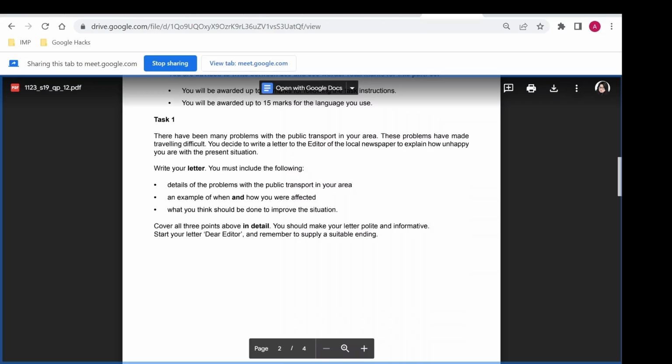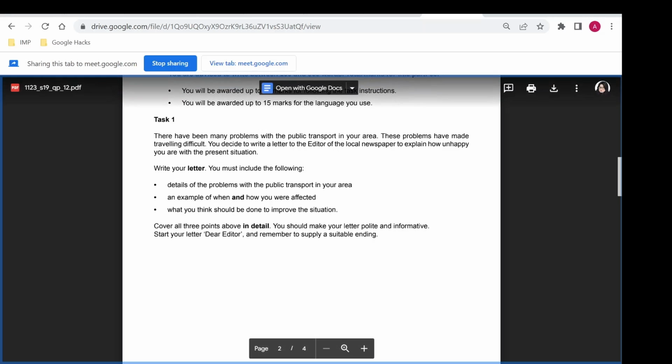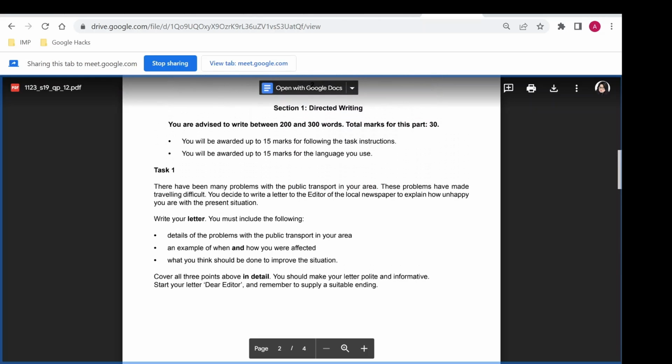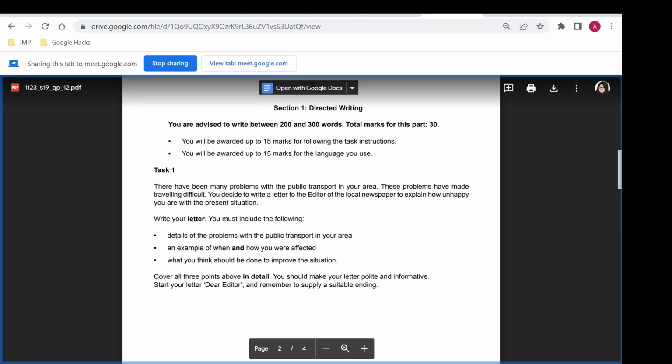We'll learn how to plan the body of the letter, how to introduce, what not to do in a particular directed writing question, be it a letter, formal, informal, complaint, informative, expressive speech, informative speech, magazine article, informative magazine article written for teachers or written for the principal, complaint letter, anything that comes under the directed writing question. It will be discussed in detail while we plan it together and while we write it.